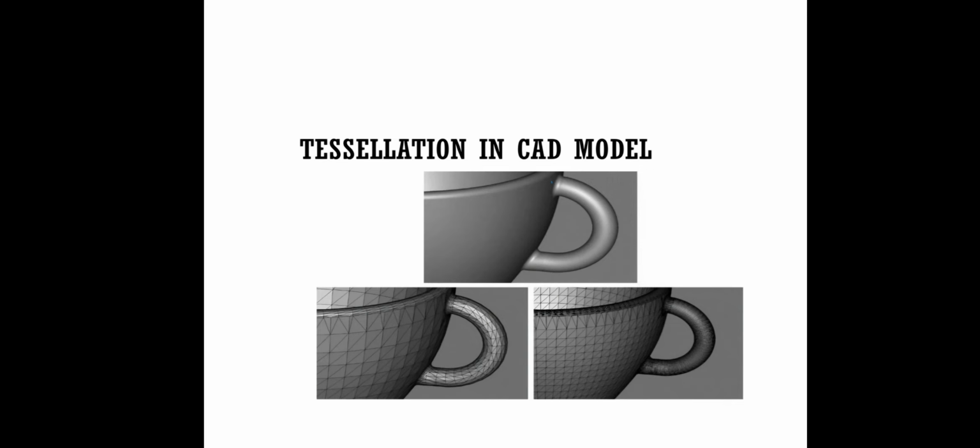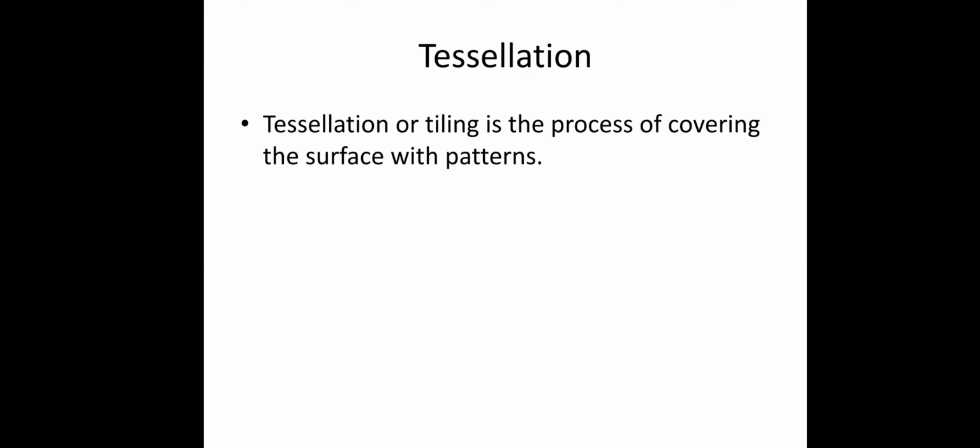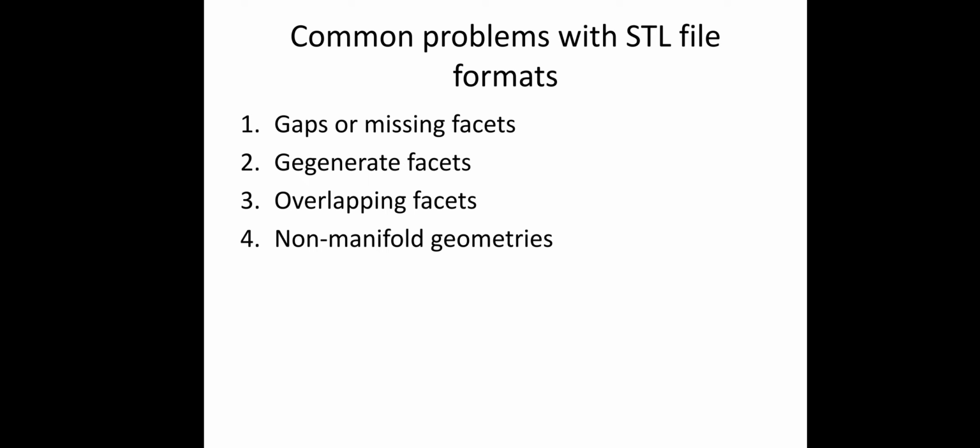The printed accuracy of the printed part will be good, and if the number of triangles, the number of tessellations, is less, then the accuracy will be less in the printed parts in additive manufacturing. Tessellation is a process of covering the surface with patterns. The common problems with the STL file formats: